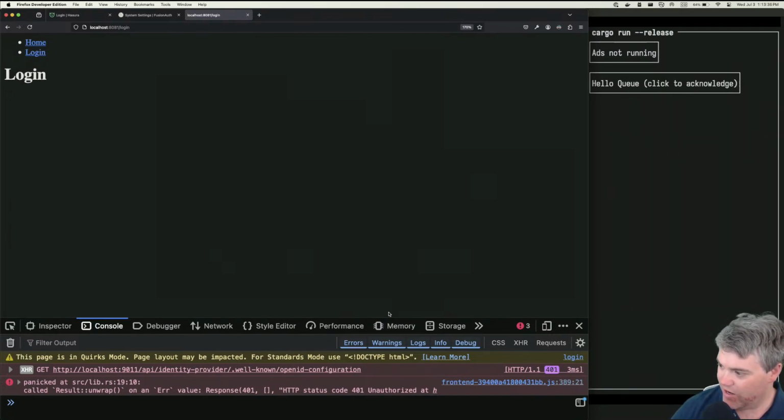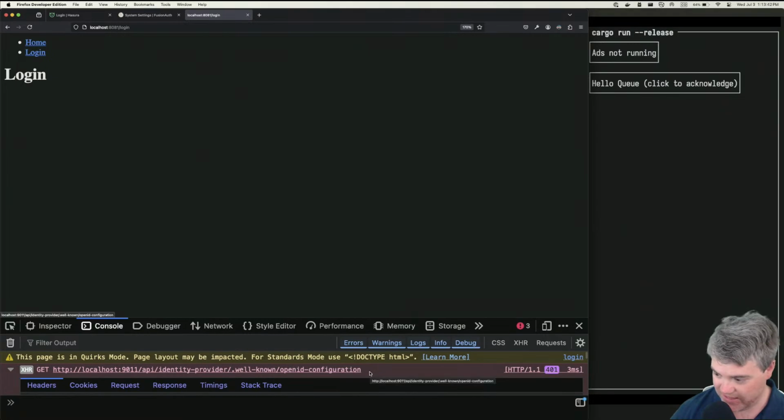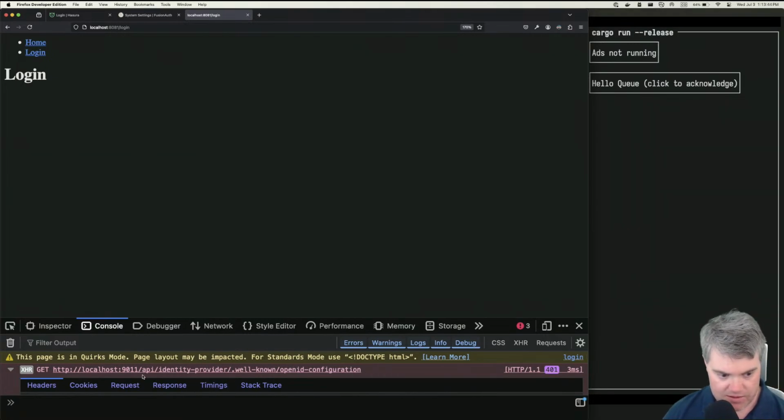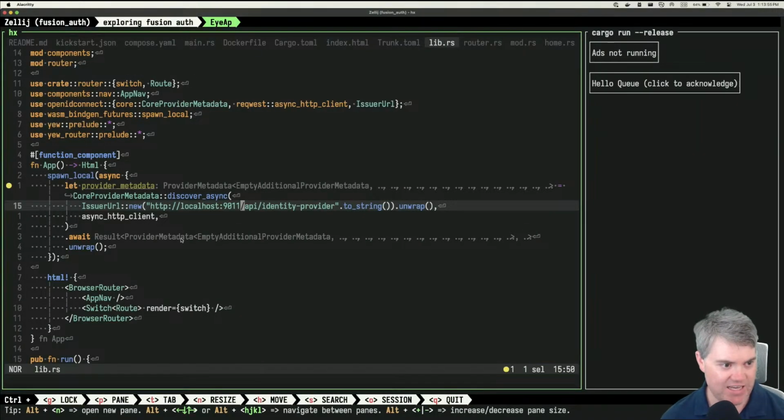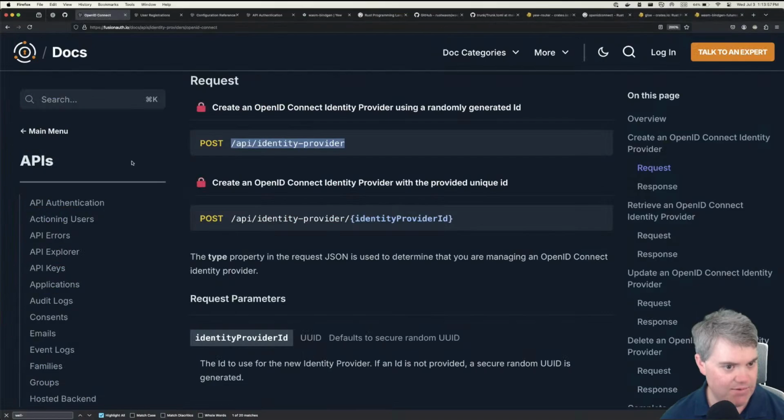Okay, so I think I'm going to leave this here for what we're going to do next time. Because this error at least lets us know what's going on, which is we need to get this well-known OpenID configuration, and we're trying to do a get to it. And I'm not really sure where we're going to go for that. And it's specifically